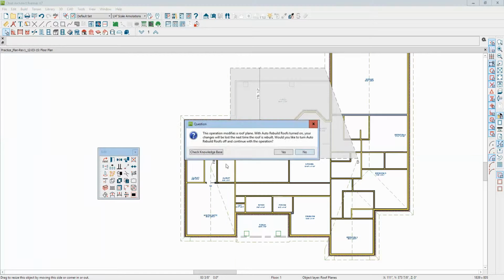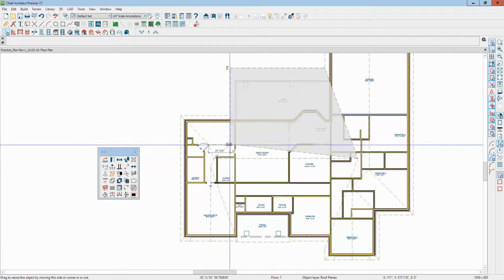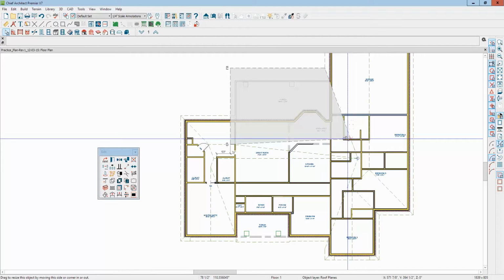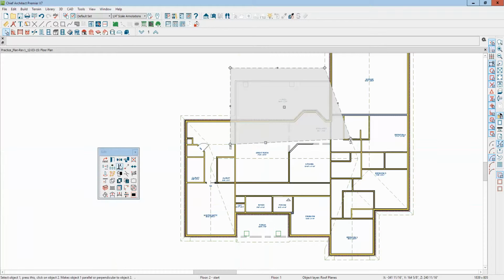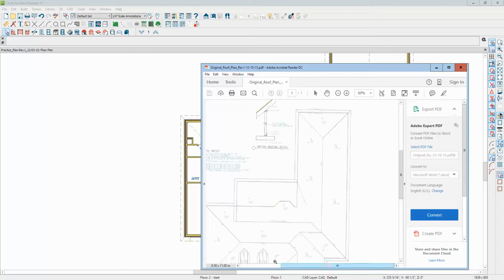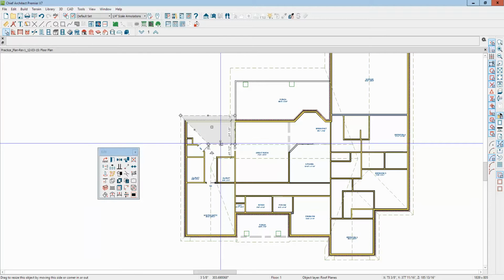I'm just going to manipulate this. We'll turn off auto rebuild roofs, and I'll just shape it like the drawing shows. Now this needs to be perpendicular, parallel up to that wall. I'm going to go back here and look at this. So this 812 comes over in here, and okay. We'll take this 812 here,